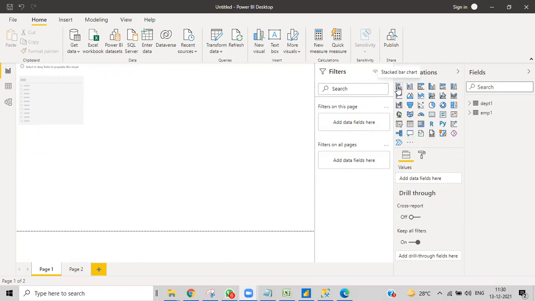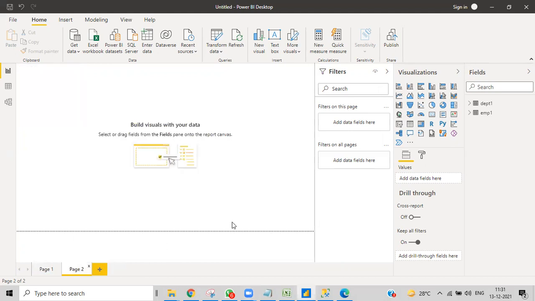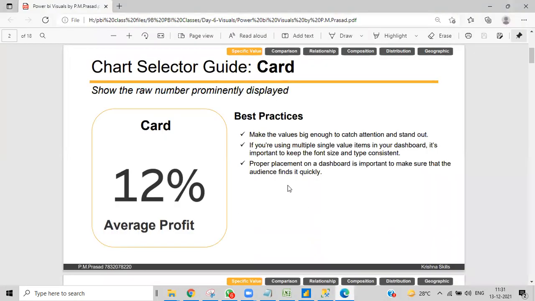Which visuals do we have, like stacked bar chart, bar chart, and stacked chart? What are all these visuals, what is their purpose, and what kind of scenarios do we use them in? We'll check that in detail, and we'll also have a practice on this. Simply how we get that and what we can do with it, we'll do in this session. Coming to the explanation, let me give you a detailed brief.